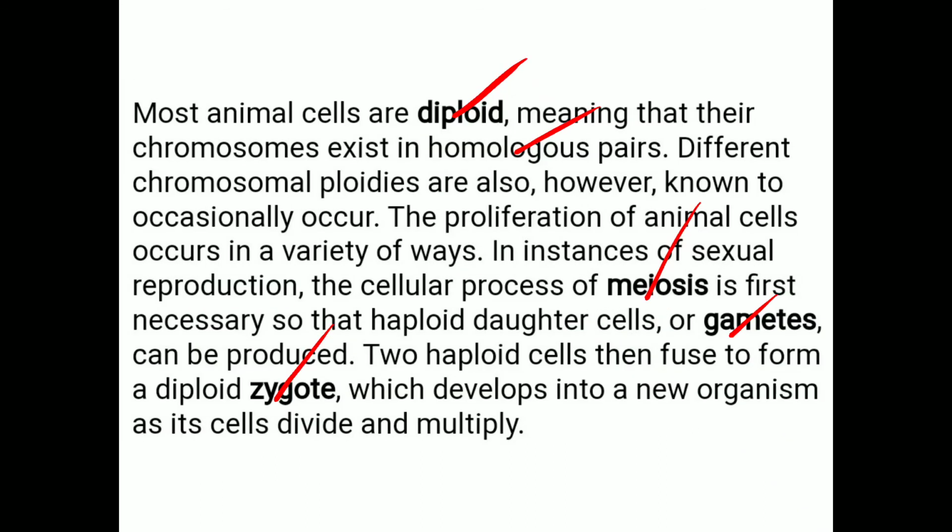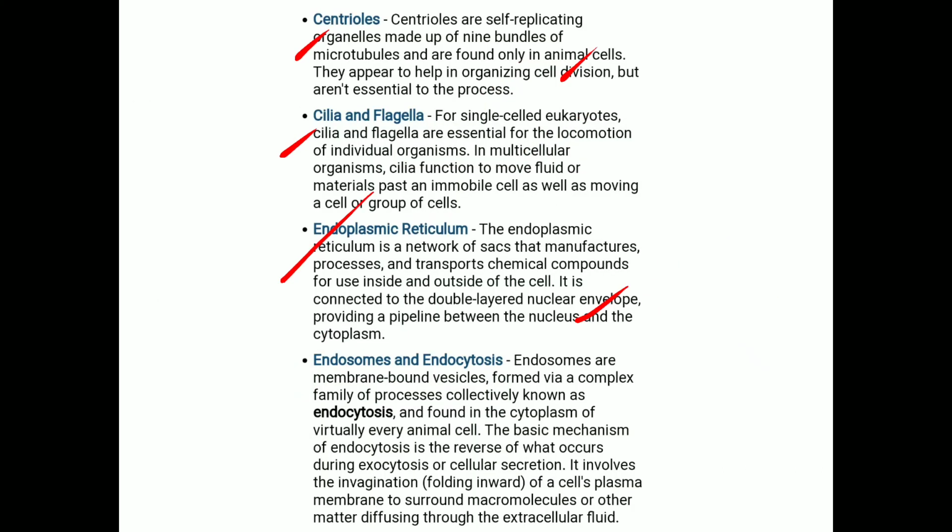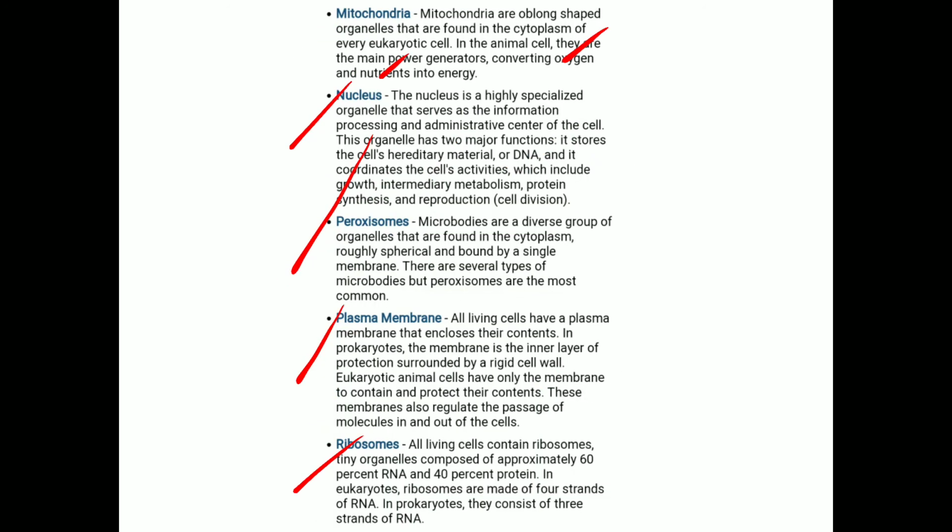Then, whenever the zygote forms, the cell is involved in the process of fertilization as well. That you should also mention. And after that you go for the different kinds of cell organelles and write the specific role of each cell organelle. Like that you have to divide into side points and go for the preparation.